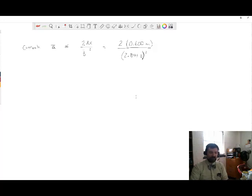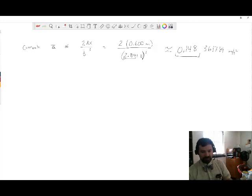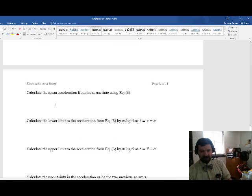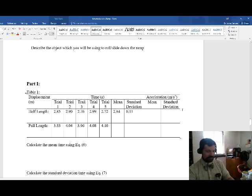Okay, so if we do that, the answer that we end up getting for that average ends up being 0.148, and then it's like 361,789 meters per second squared. And remember that we are only retaining, based on what we have here, this one's actually 3 significant figures, so we can retain 3 significant figures for our table down here. Okay, so we've just done this step right here, and we can write the answer right here,